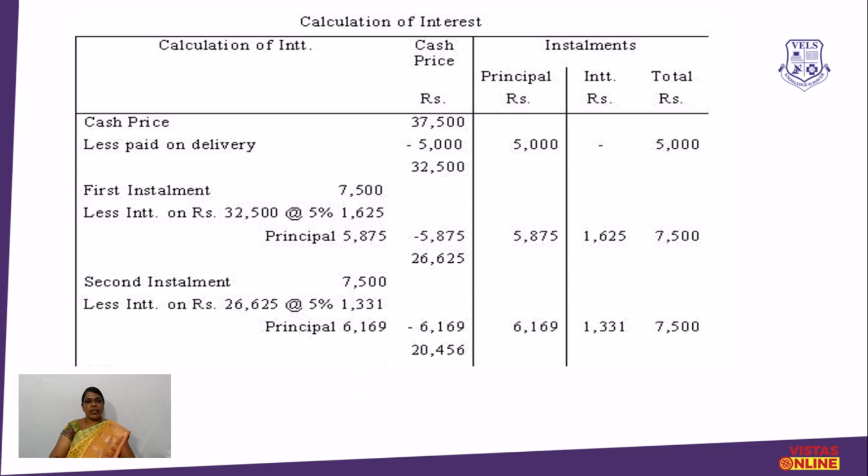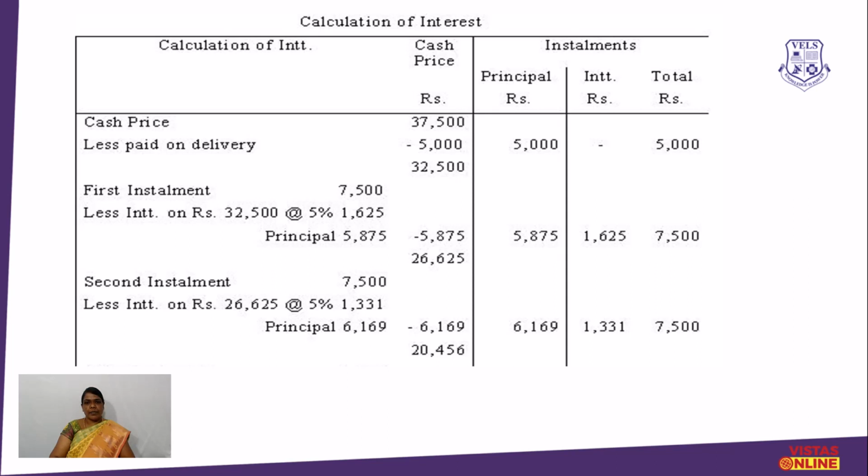Again we will calculate the interest from this 26,625 at 5%. So we calculate 26,625 into 5 by 100. You will get 1,331 for the second installment. 7,500 minus 1,331, you will get the principal amount 6,169. This 6,169 we will subtract from this